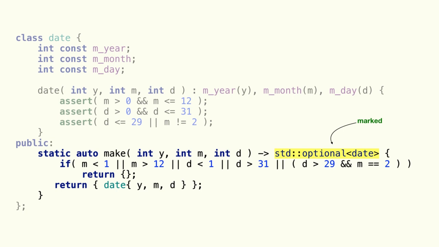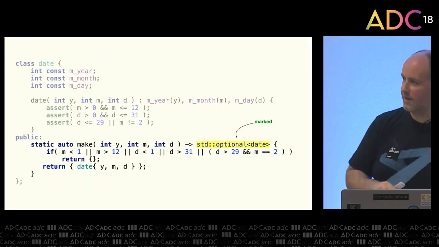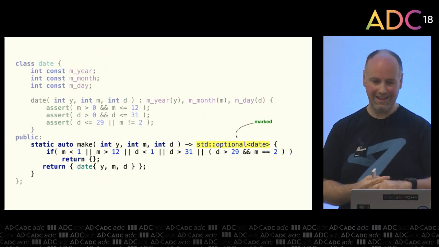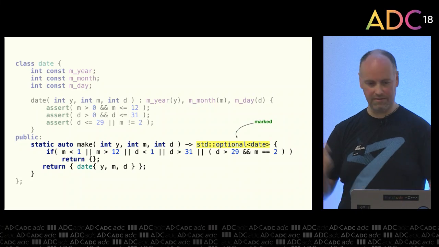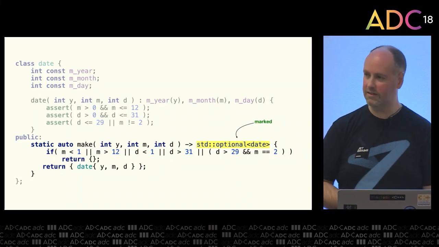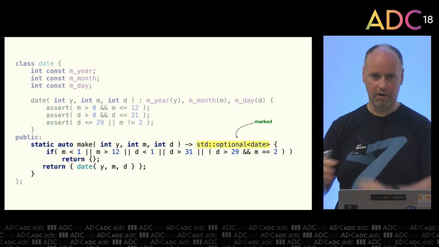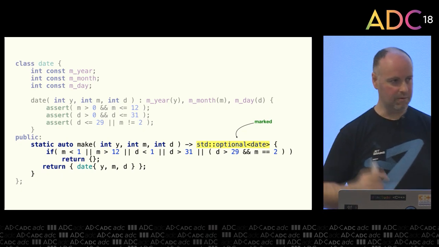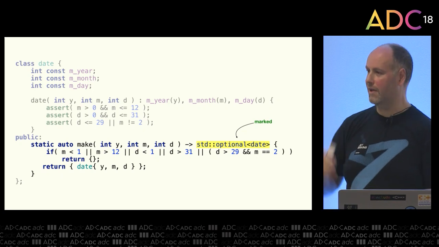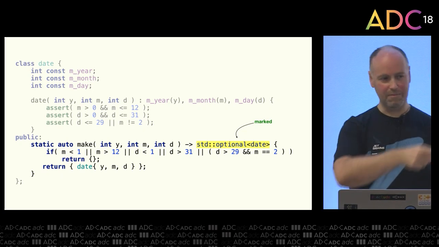So as we said, std::optional represents either the value or no value at all. So first line, purely just doing that same validation again. If it fails that, it returns, we've got empty braces here, that just means an empty optional. Otherwise, it returns an optional containing the date. So we're using the brace initialization to cut a bit of the boilerplate out. If you don't know more about that, speak to Timo, he's the expert.